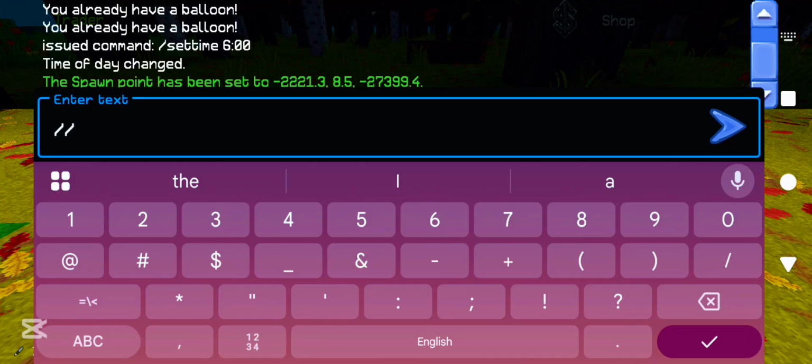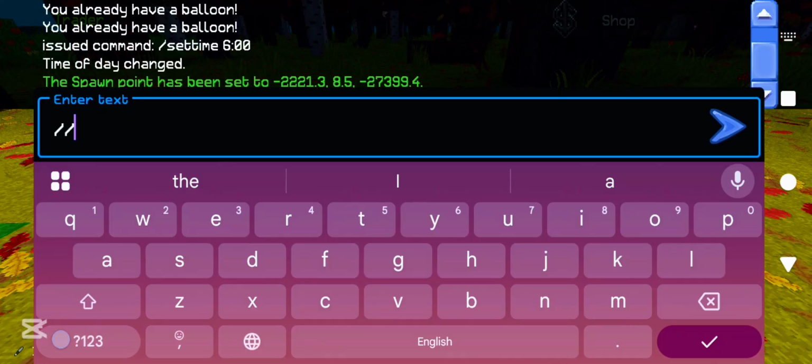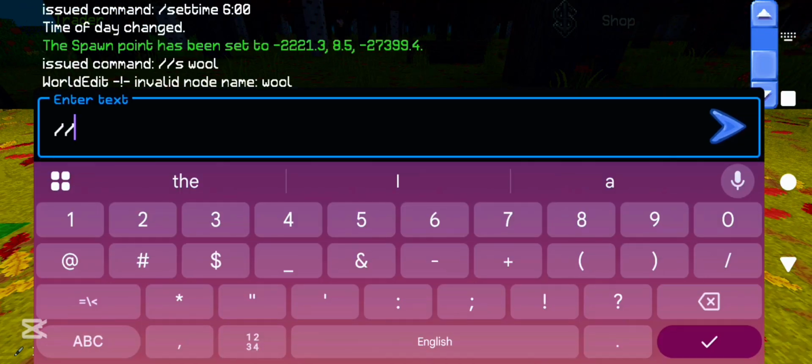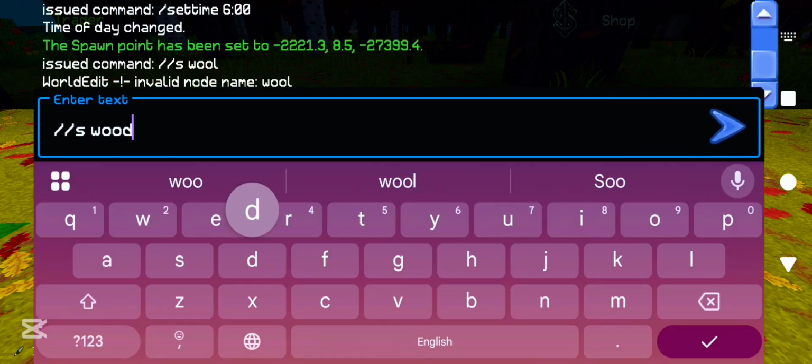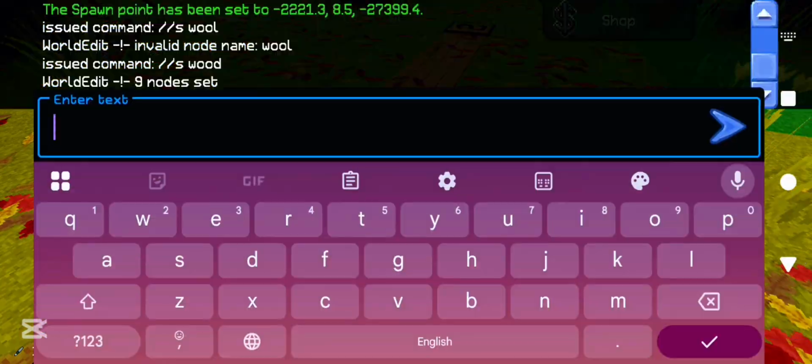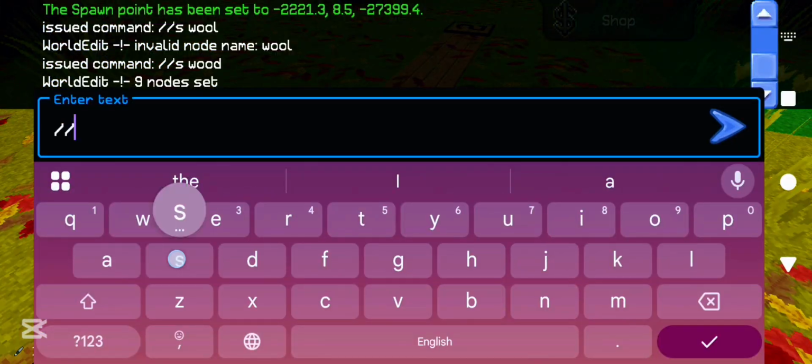And to set something, like if you want to set a wool floor, the command is //set wool. Oh wait, no, wool does not work, so let's do wood. Okay, //set wood. So basically for what block you want to set, you have to type out the name, but not every block works. For example, if you want